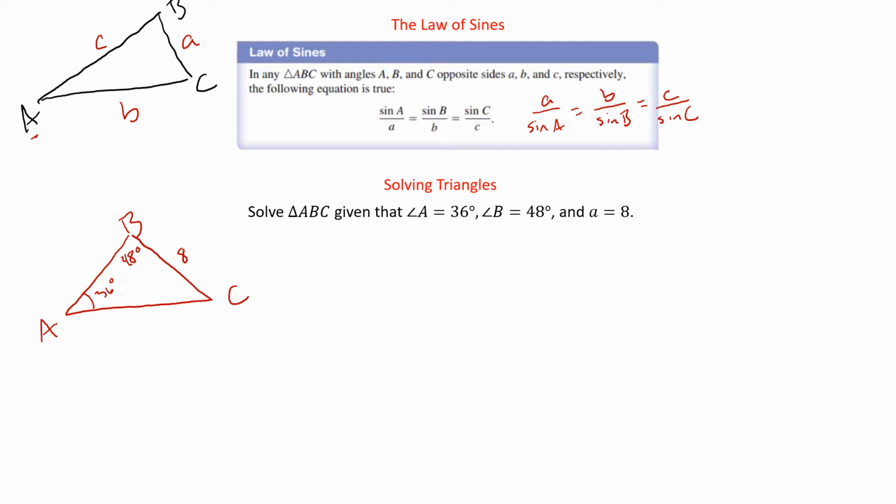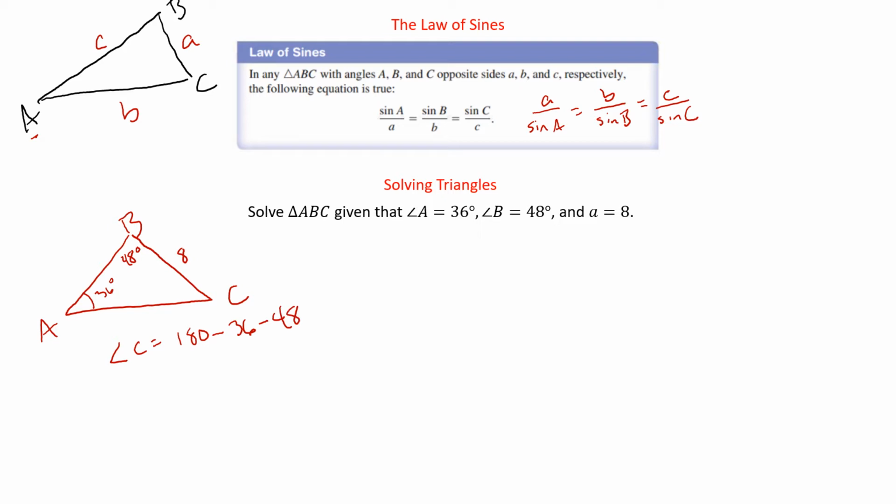So the first one I would find is the angle. If we know 2 angles, we don't need the law of sines to find the third angle. We just need subtraction. So angle C is going to be 180 minus 36 minus 48,